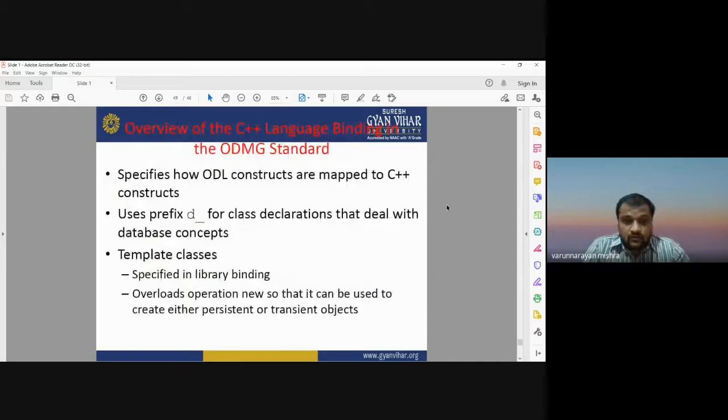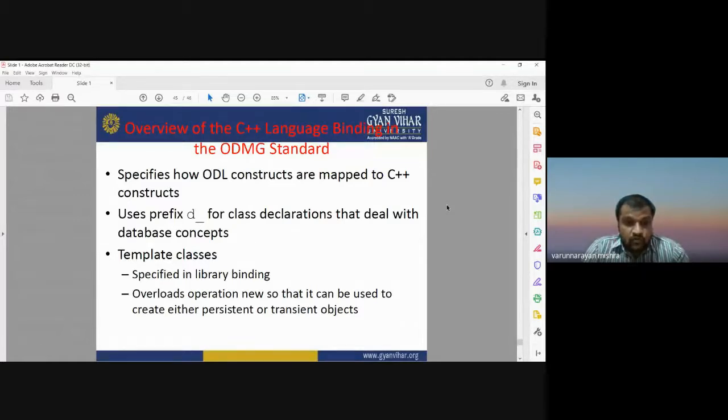So, an overview of the C++ language binding used in the ODMG standard. The C++ binding specifies how ODL constructs are mapped to C++ constructs. For binding, we use the prefix d_ for class declarations that deal with database concepts, and it has different template classes specified in the library binding.